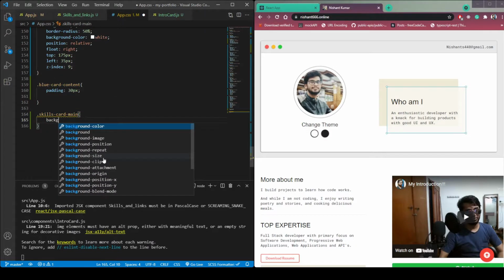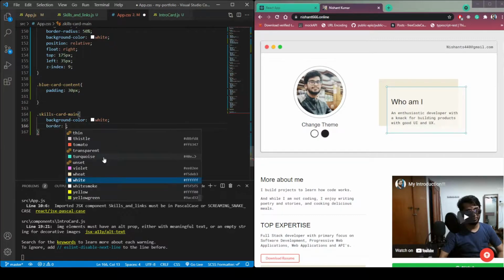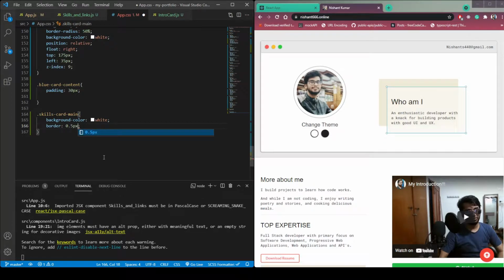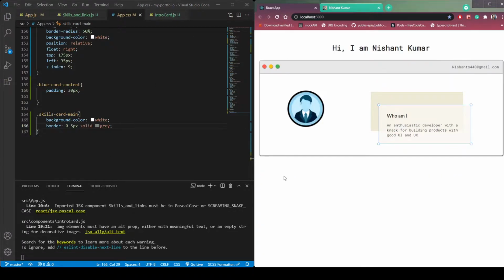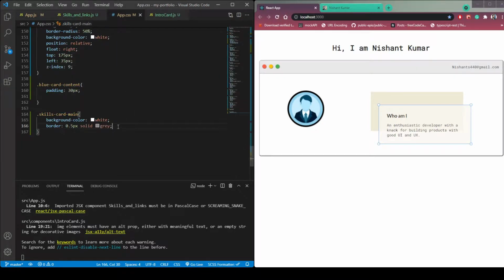Let's give it a background color of white and border of 0.5 px solid and then gray. Save the file and you can see the card is right here, but we need to give it a margin from top. So let's do that.